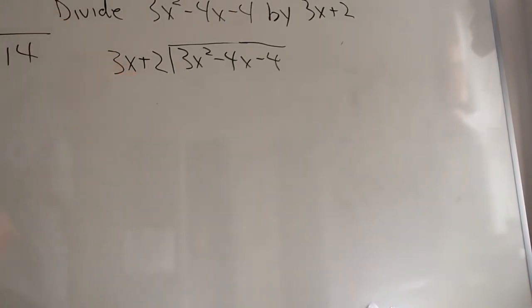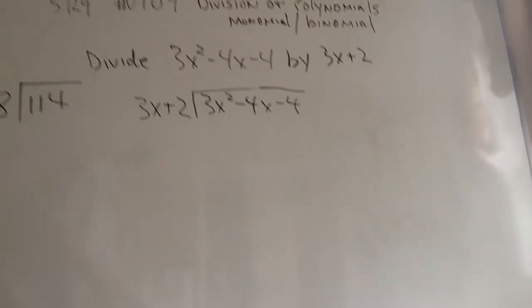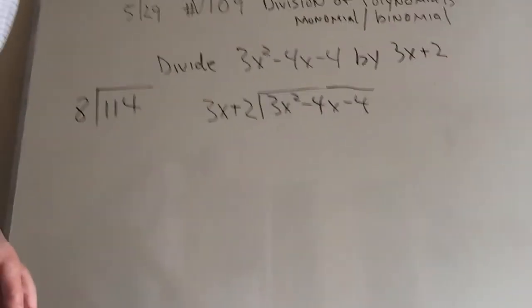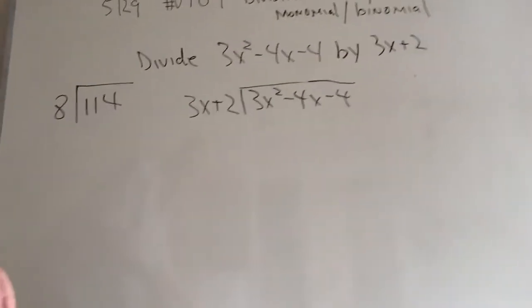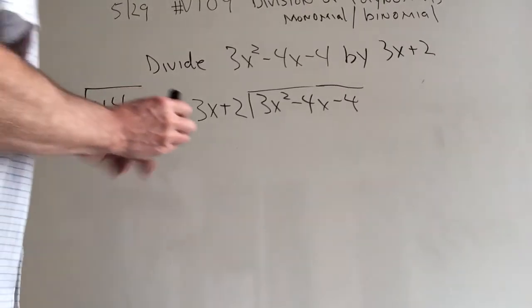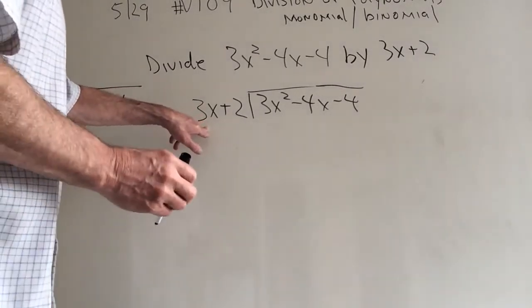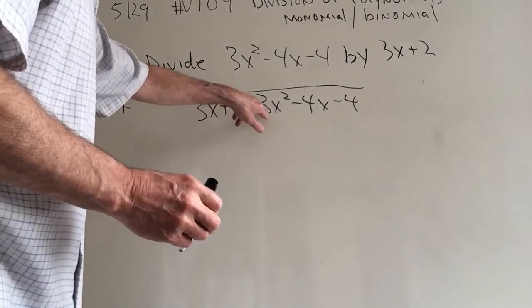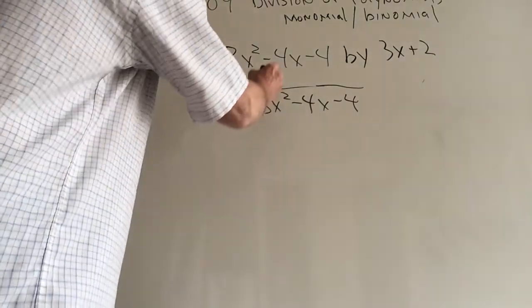But notice it's a binomial. So the methods that I'm using have to be a little different. So I'm going to do this one slow. You can play it back. I'll certainly follow up on what we were doing here. And here we go. I start with the first term, the highest term, and 3x goes into 3x squared